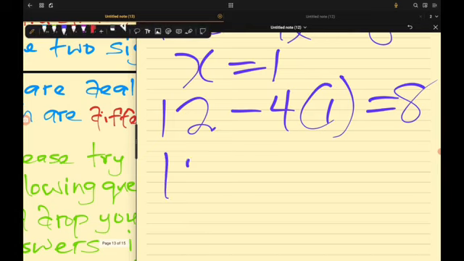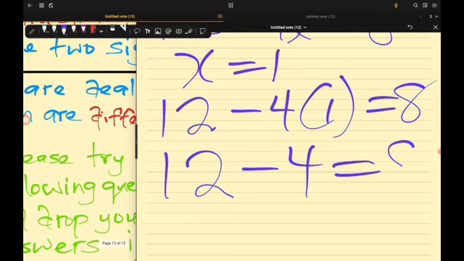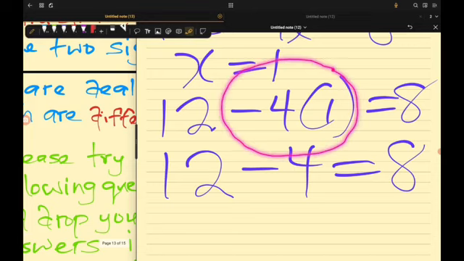So I will then say 12 minus 4 is equals to 8, or 4 times 1. Look at this place very well now. This is like multiplication. I want you to notice what is happening here. This is multiplication of signs. Based on what we've done, when you are multiplying,